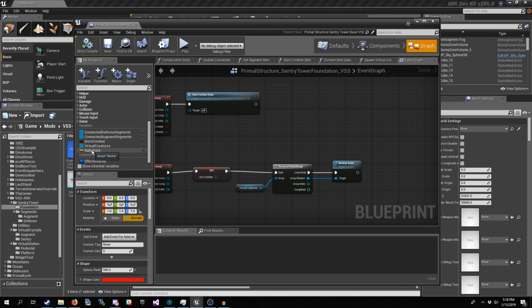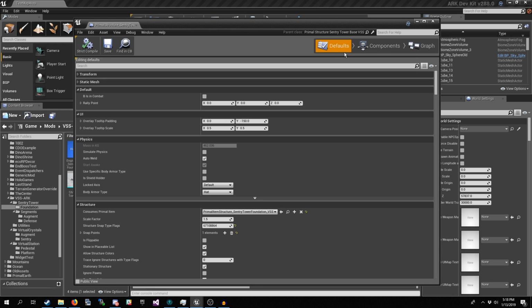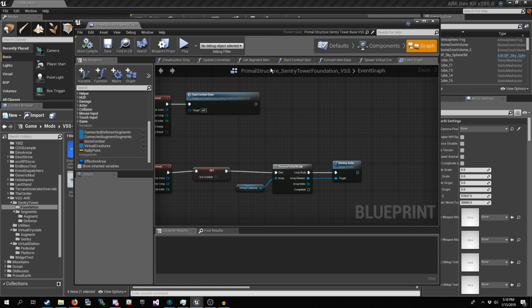Now I want to make this customizable, like the player determines what the rally point is. But we do have a starting one just to make sure that there is one that is operable. We might refine that a bit, maybe do some traces to make sure that the starting point is valid and safe. But for right now, this works.